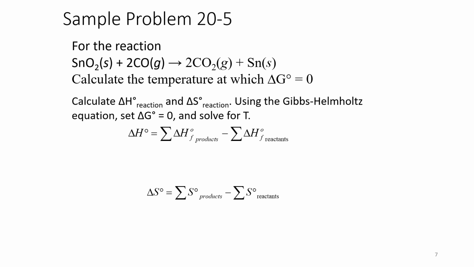non-spontaneous. So first off, we need to calculate both our delta H and our delta S, right? Our enthalpy and our entropies, doing products minus reactants. Again, these values can be looked up, and in this case, they'd be given to you on an exam, but they can be looked up in a table in the back of your book. And so what we're going to do is products minus reactants, just like we would for any of these. Again, in order to save time, I'm not going to work through all of the math to do our products minus reactants for everything. But we can see that our delta H